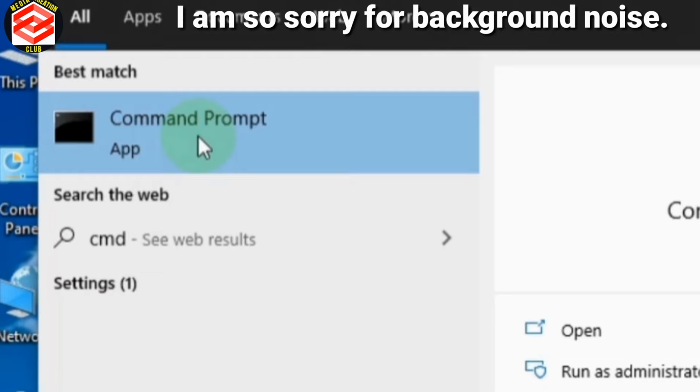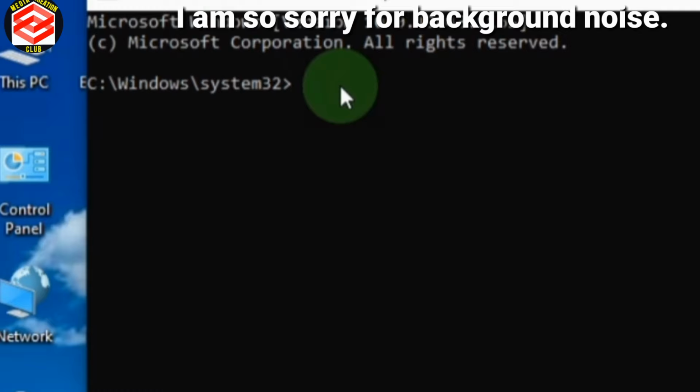First step: there are 2 ways to enter this CMD DOS mode. Directly click on this command prompt, or right click here and run as administrator. There's a lot of privilege for you to enter the CMD. I entered here as administrator in System 32. Now what I will do, mostly you will hear from others, I have to type dir.